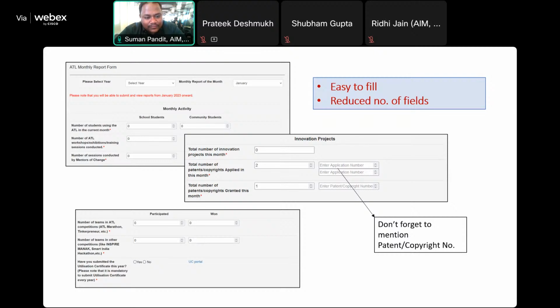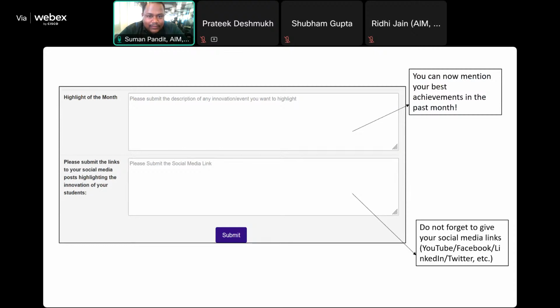When we go to the next screen, there are 2 more qualitative fields. तो अगर आप देखेंगे कि आपके स्कूल में बहुत सारे कुछ spectacular achievement किया है, like for example we saw कि कुछ बिहार के कुछ स्टूडेंट्स ने सैटेलाइट बनाया था जो recently इसरो ने लॉन्च किया था GSLV-5, तो वो चीज़ को आप अपने highlight of the month में लिख सकते हैं।